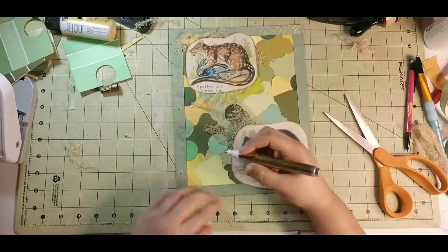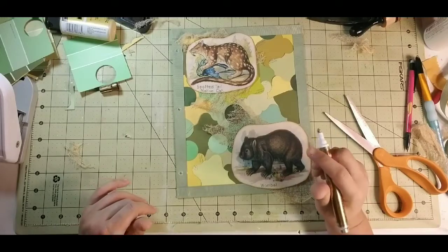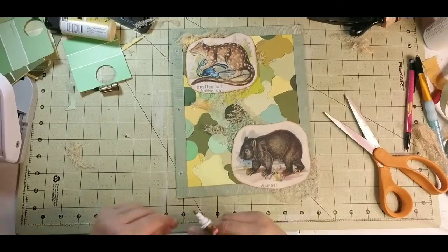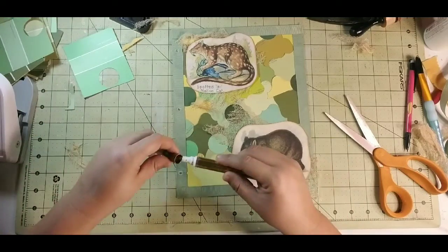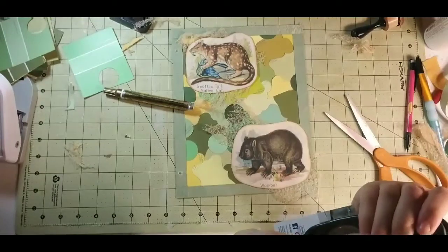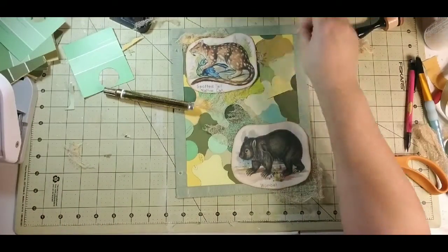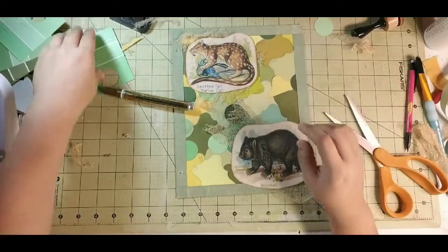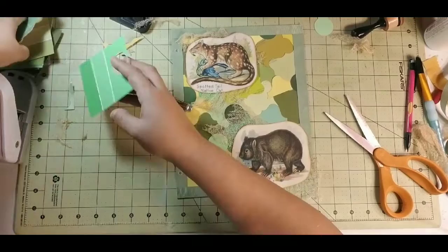Okay, so I'm going to come in here and just, I thought I had one left. Maybe I don't. Okay, hold on. Let me put my lid back on here. And I'm going to cut a circle. Oh, no, that's not what I was going to do. I remembered what I was going to do. On top,